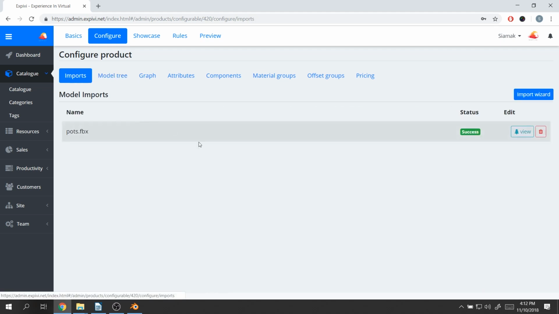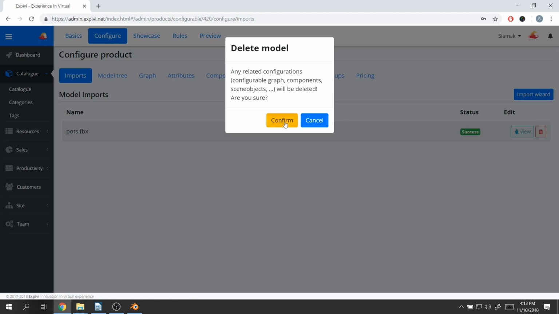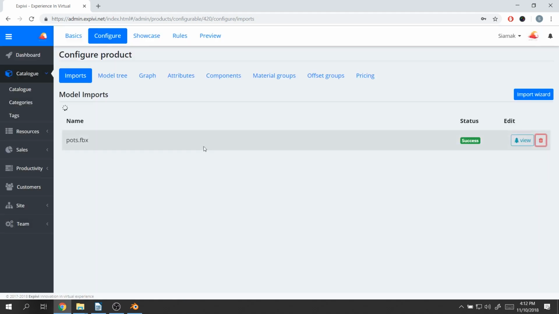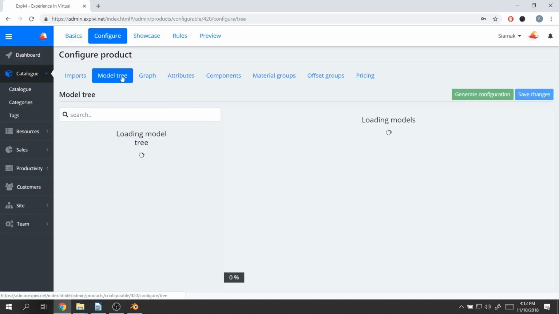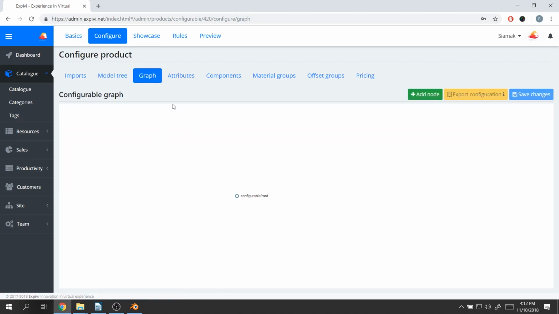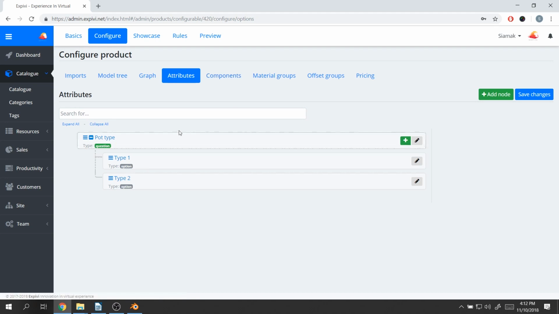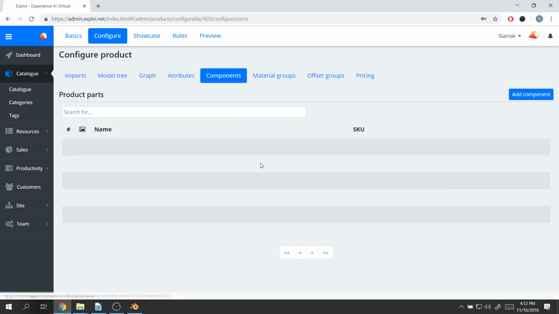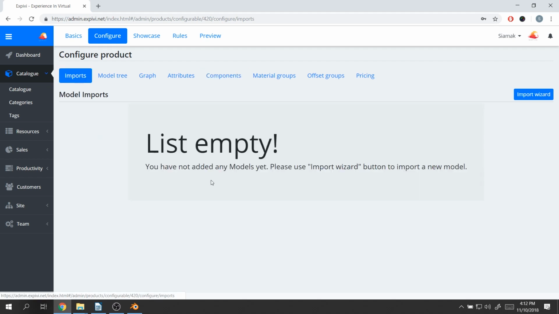The way that you do that, I'm going to first delete this model. And right now, it has deleted my model tree. So now there are no results anymore. My graph is removed. My options are kept because when we remove a model, we don't want to remove the work that has been done on the attributes. But all of the components are removed as well because they were connected to the 3D model. And I'm going to re-import my 3D model